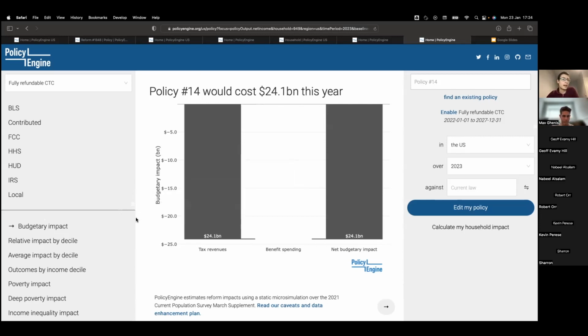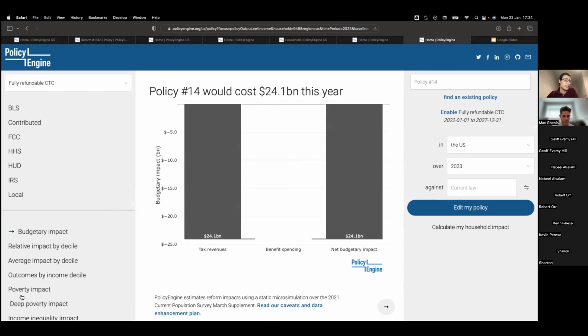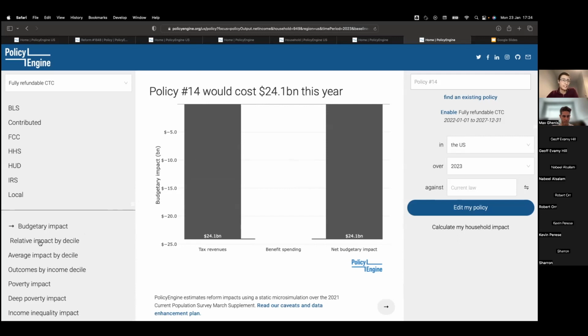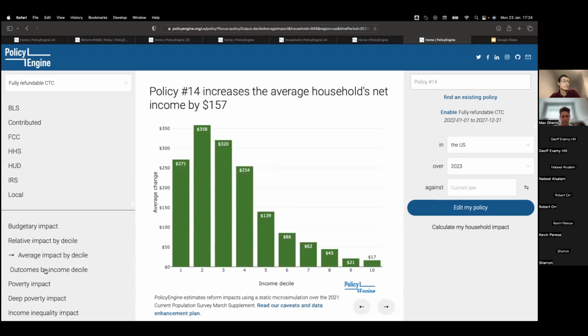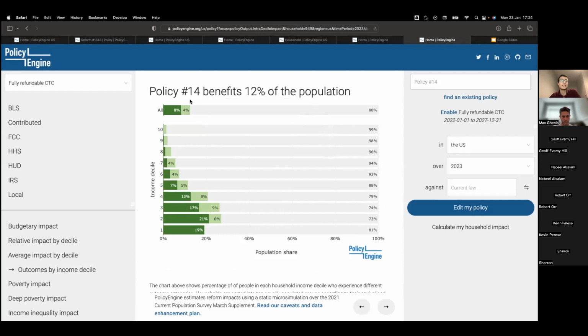And then if we want to know other things about the reform, that's what we've got this menu on the bottom left for. So there are plenty of different outputs that we might care about, and we've split them all out. So each one has a whole page dedicated to it. For example, if we wanted to know what is the distributional impact by income deciles, we can see this decile chart here. We can look at the average impact. We can see, within each decile, what is the distribution of outcomes.